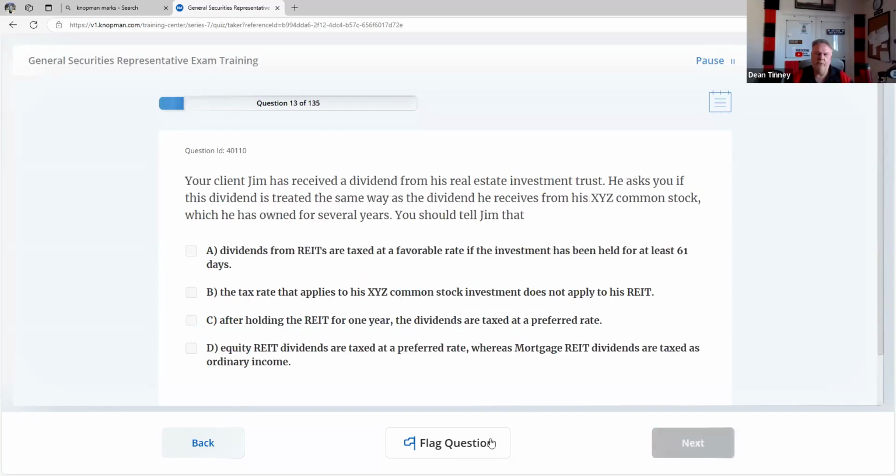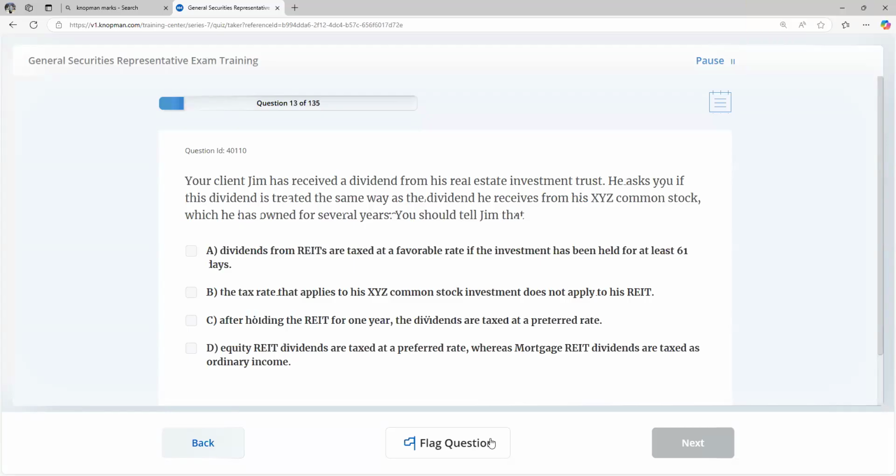Your client Jim has received a dividend from his real estate investment trust, his REIT. He asks you if this dividend will be treated the same way as the dividend he receives from his XYZ common stock, which he's owned for several years. You should tell Jim that. Okay, your client Jim has received a dividend from his real estate investment trust. He asks you if this dividend is treated just